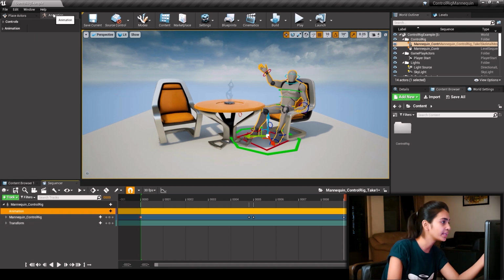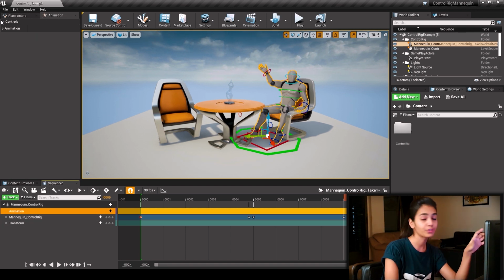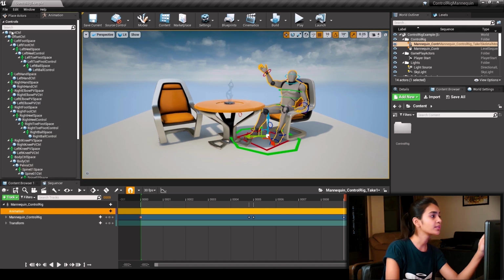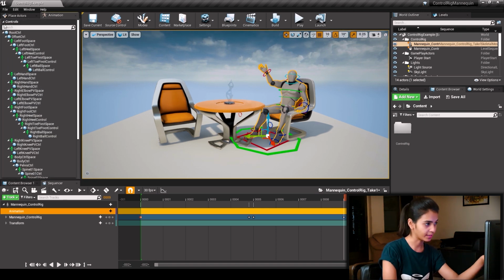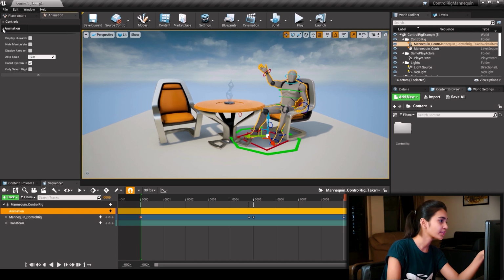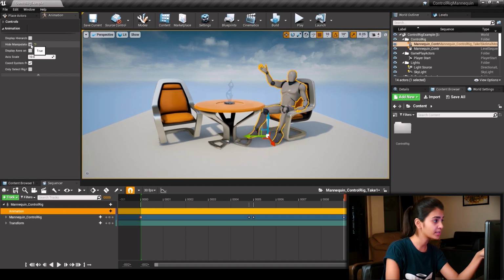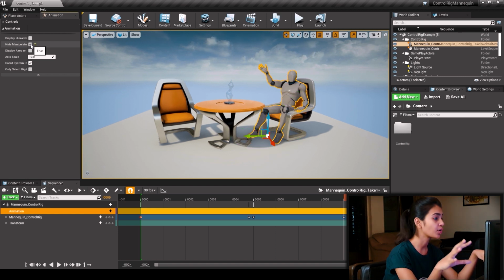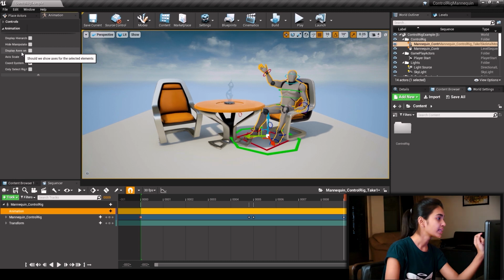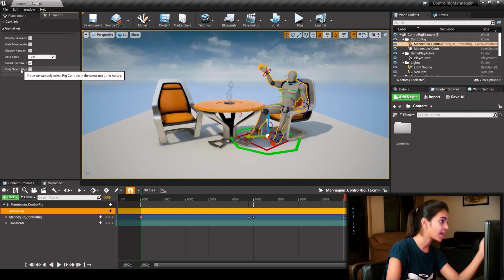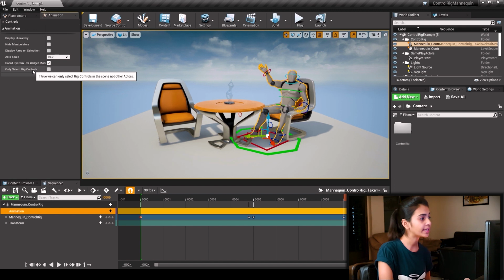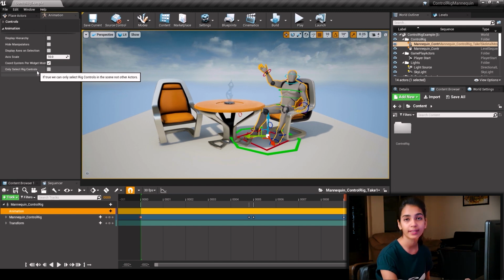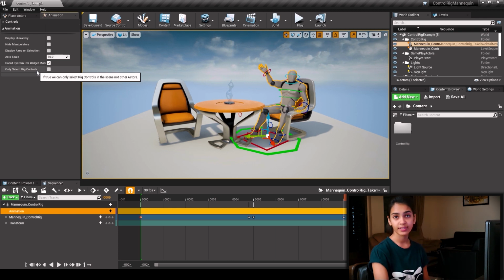On the left corner here, you have an animation tab under which we have controls. If you click on the drop down, you can see the whole control rig setup. We also have animation under which you can find some options which says display hierarchy, hide manipulators. Now hide manipulators is to toggle the visibility of the controllers. Then there's display access on selection, and this last option which says only select rig controls. This one is a really important one because it helps you to select only the controllers so that you accidentally don't select anything else in the viewport and mess it up.